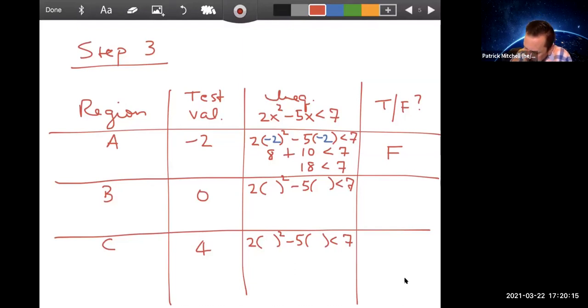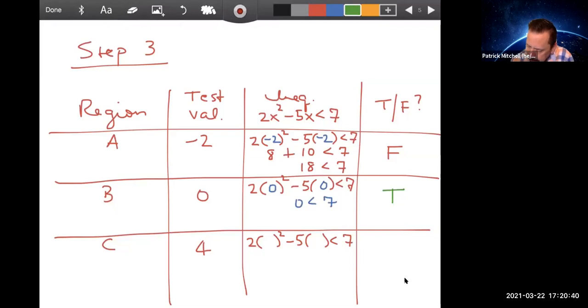If I put in 0, that just gives me 0 is less than 7, doesn't it? And that is definitely true. I like to write true in green. It's sort of like, green means go, red means stop. All right. And then